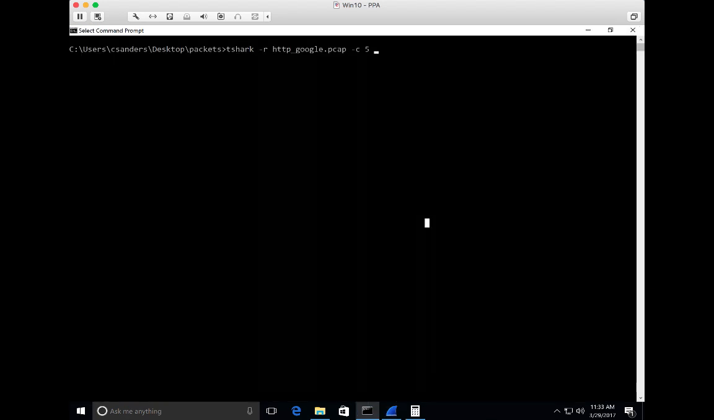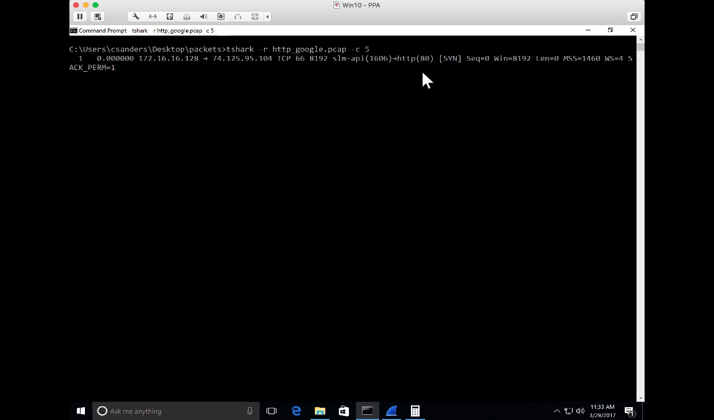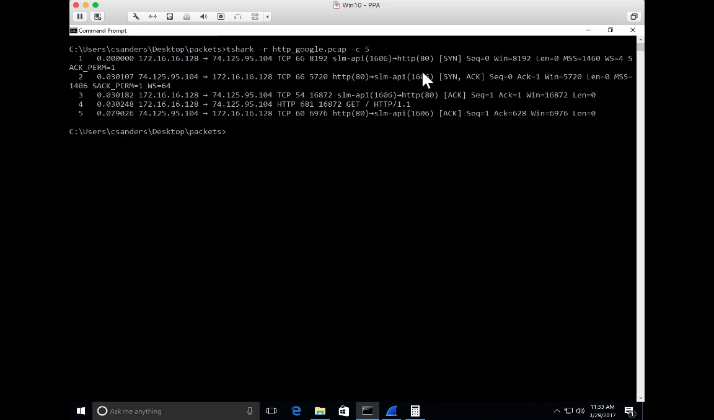Switched over to the command line here quickly because I want to show you how T-Shark shows some of this information as well, and it's line-based data. In this case, I'm just looking at tshark -r http google.pcap, and I'm only showing the first 5 packets. Now, when I do that, we get the line-based data, but notice at least on the TCP control packets here,